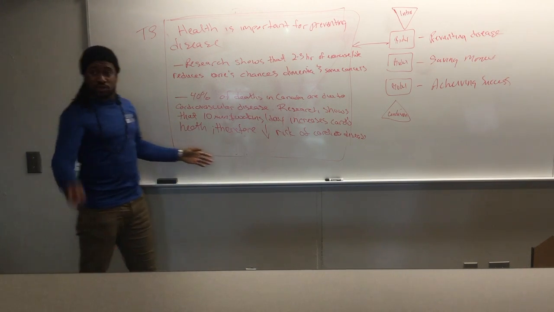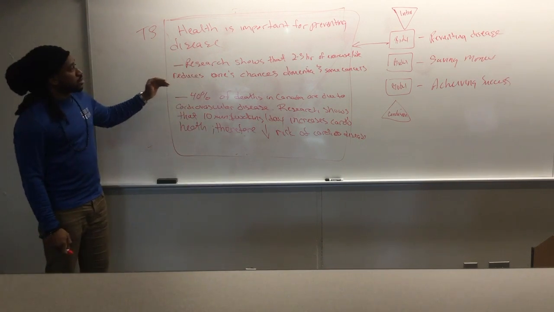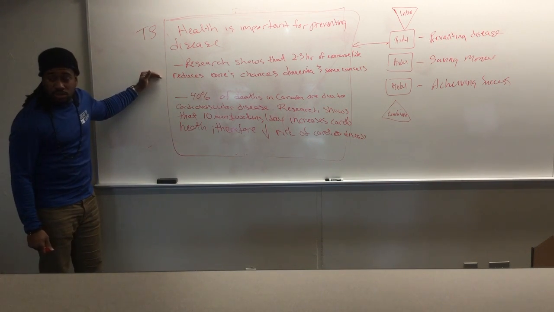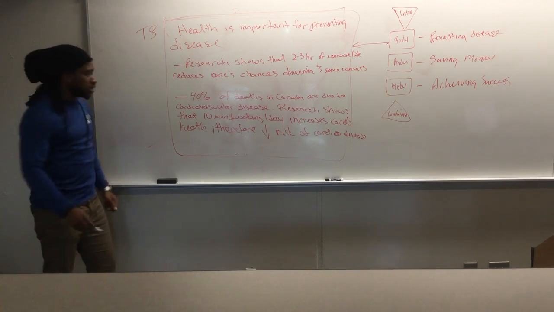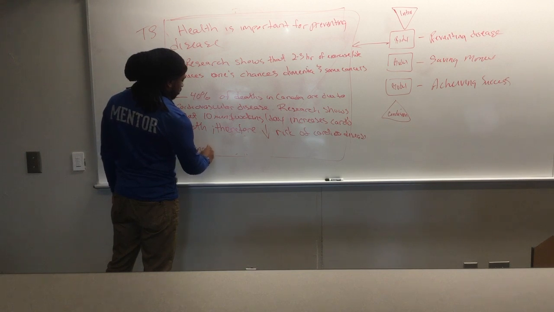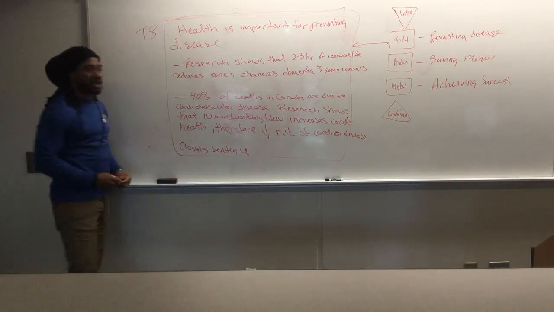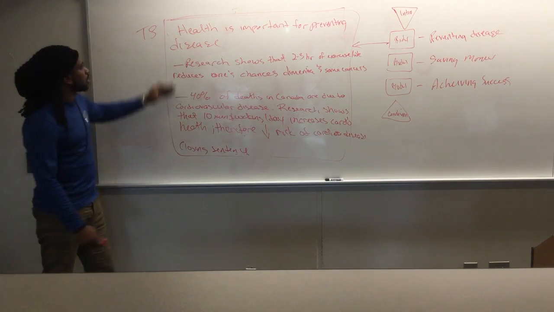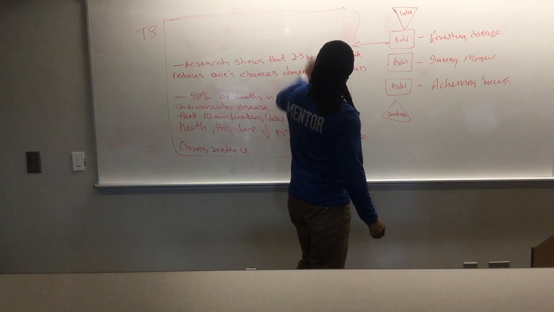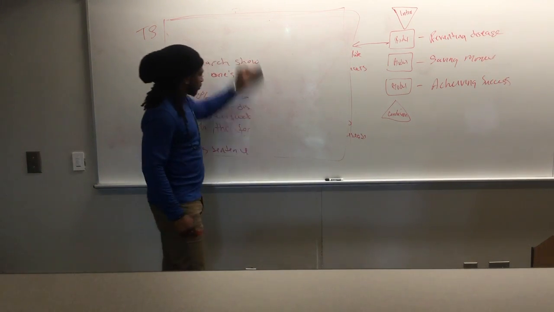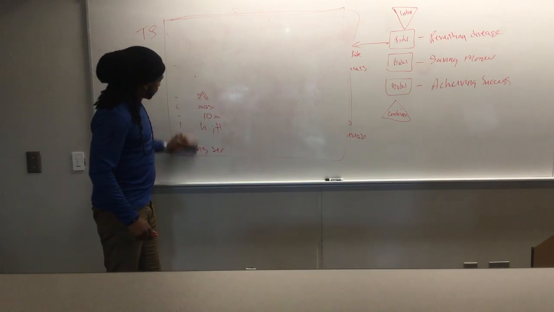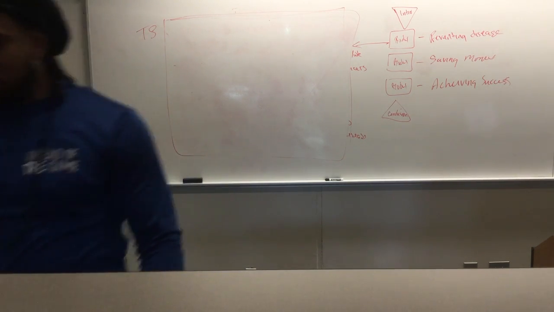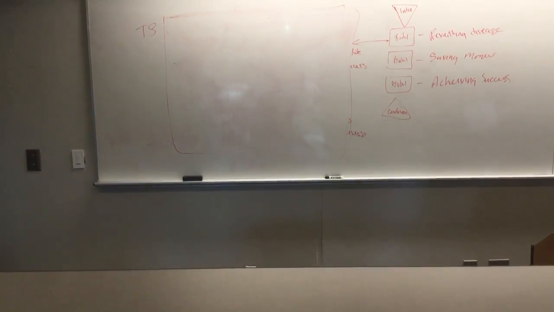So now, at the end, like you said, you elaborate, you're saying, if we do 2 to 3 hours of exercise and even walk 10 minutes a day, we could reduce our risk for mental disease and reduce our risk for cardiovascular disease. So that would be your closing sentence. Right? So then I'm like, okay, boom. Now you could go on to the next one, saving money, right? So what's a topic sentence for our next body? It's very important that you have a healthy life, to help us